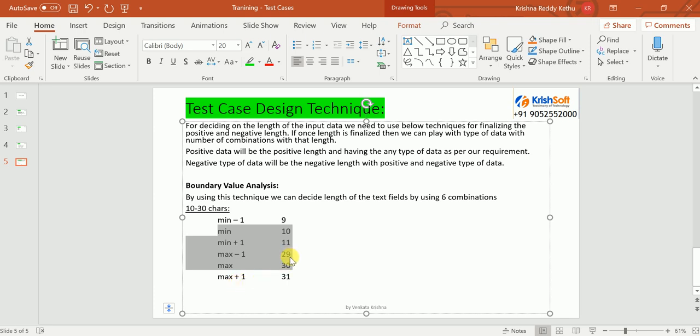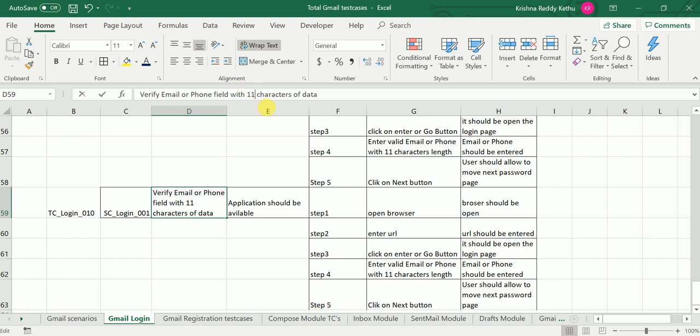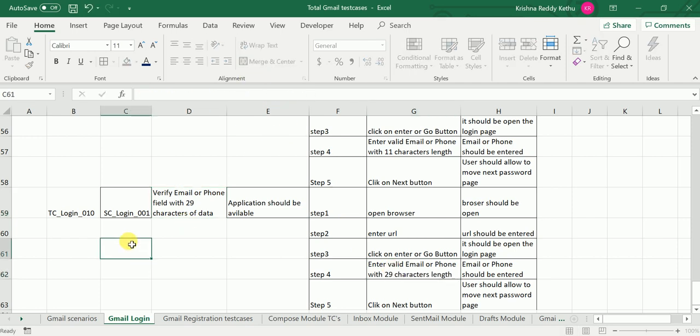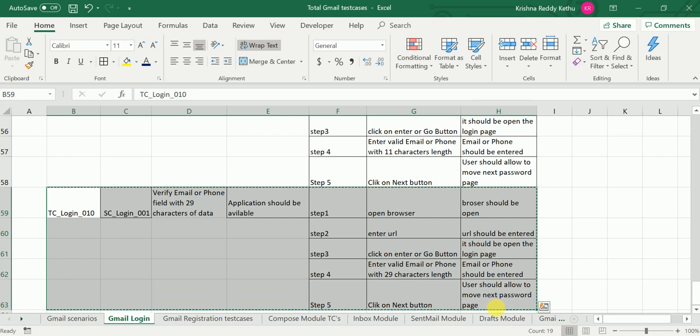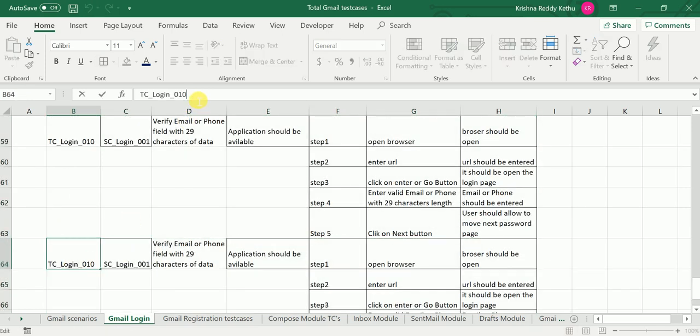Next is 29, 30, 31. Is 29 characters valid or invalid? 29 is valid because maximum it should allow 30. So same, 29 also I am writing here. Similarly, the 11th test case is for 30 characters. 30 characters is also a positive one.